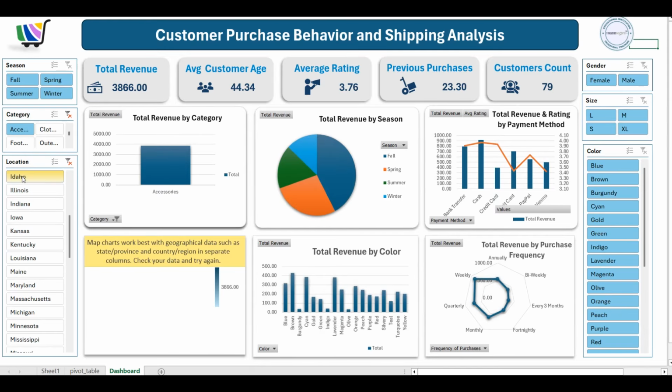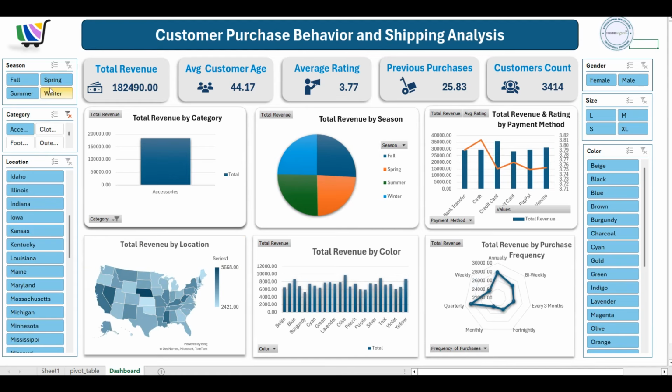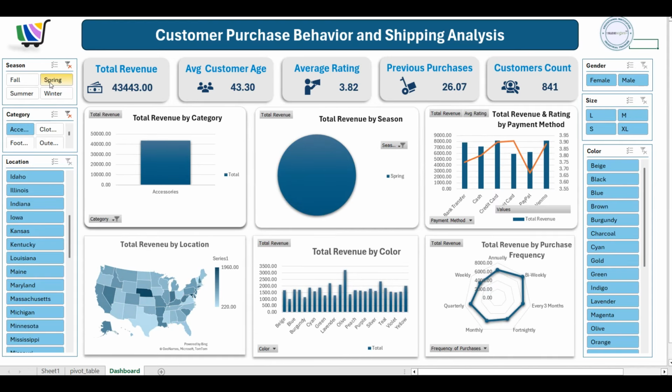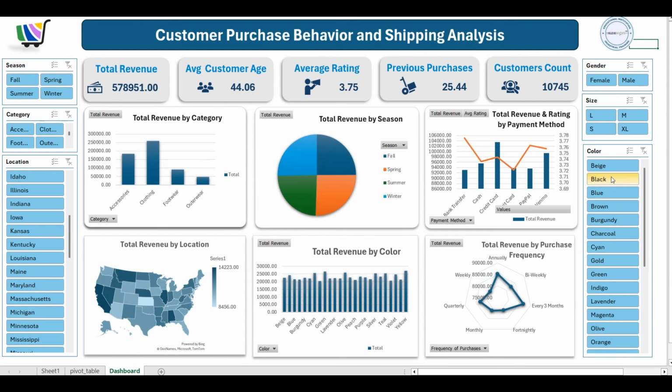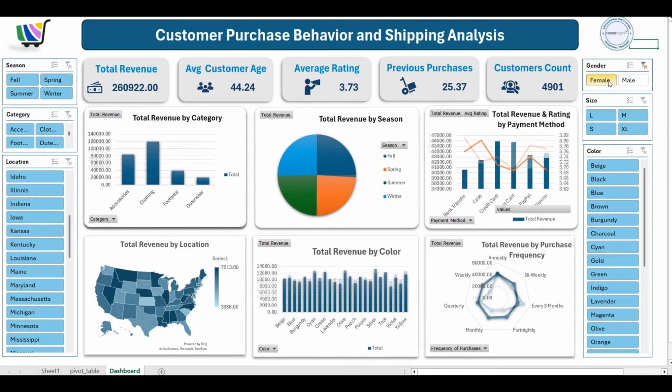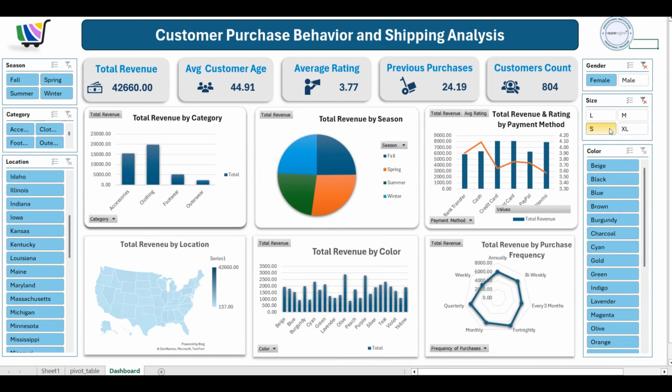You can select a location, we want to see for that location. Season, you can select that. As I said, why this filter is not getting location, I will do that in the second part of this video. So this way you can apply different kind of filters here and check revenue, check rating, and